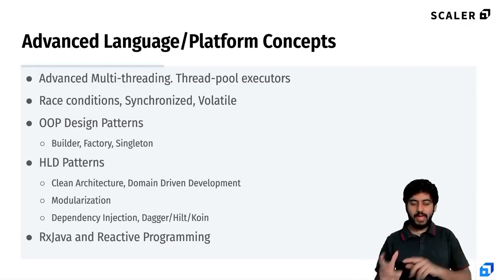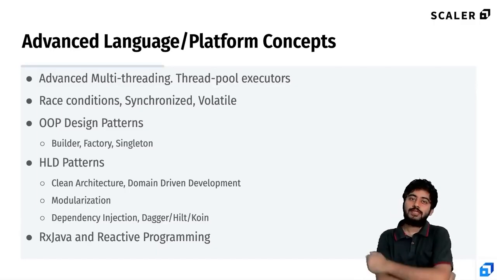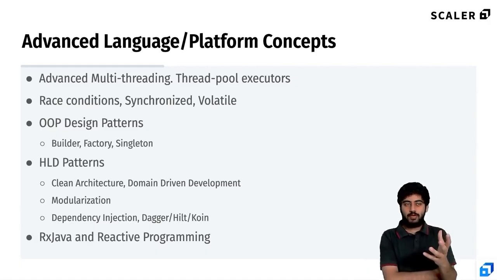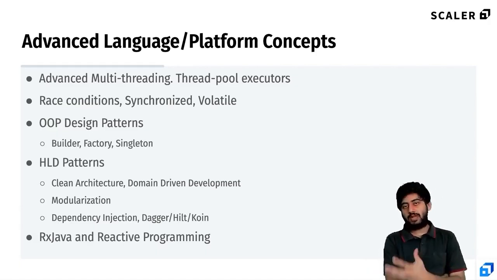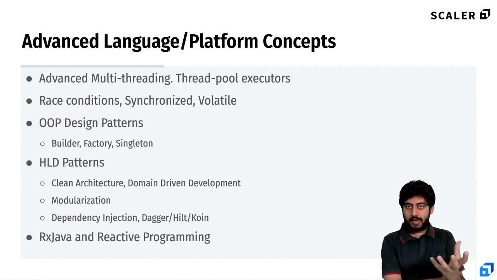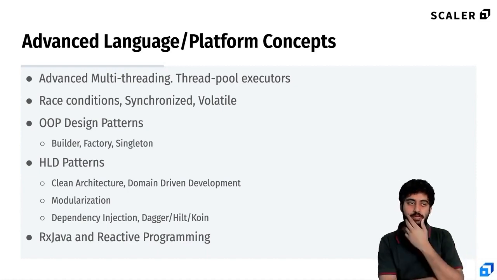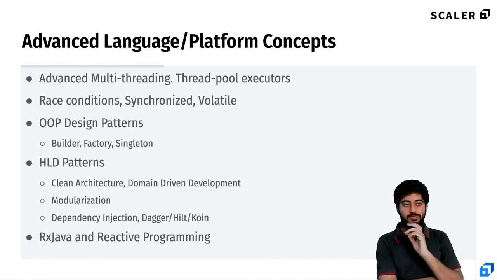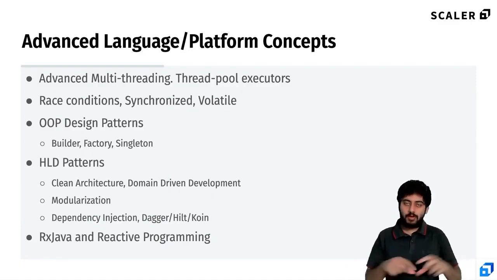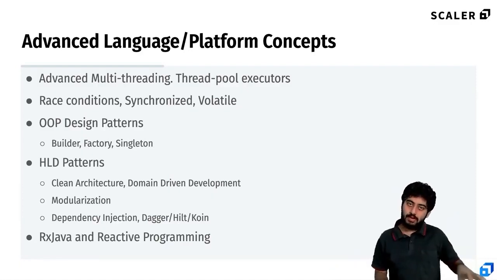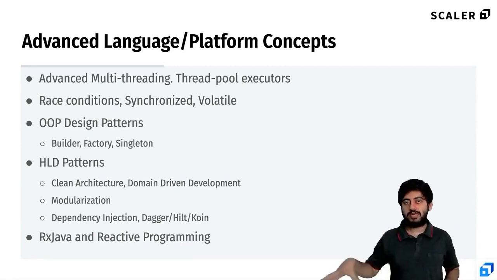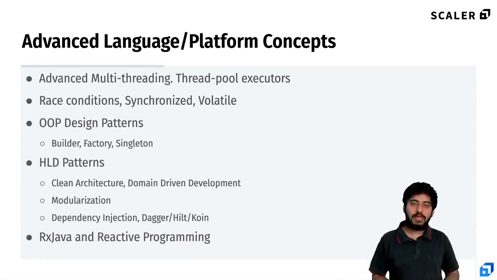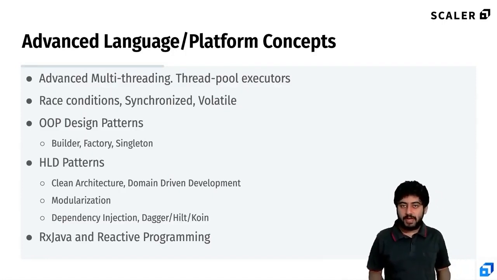So again, some conceptual things that you need to learn at this stage: you have to go deep into multi-threading. Whether you're making desktop apps, backend apps or mobile apps, one of the very important components that make a bridge between entry-level junior engineers and a senior engineer is the concept of multi-threading, concurrency, parallelism. Because as the tasks start getting more complex, you obviously have to parallelize your things.